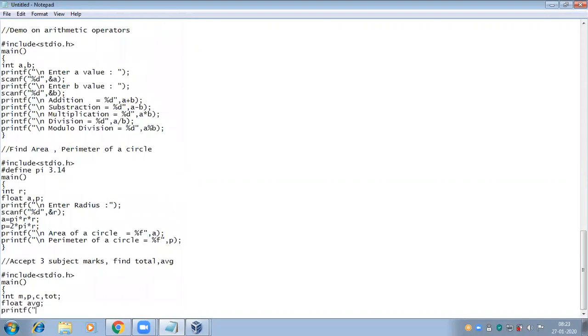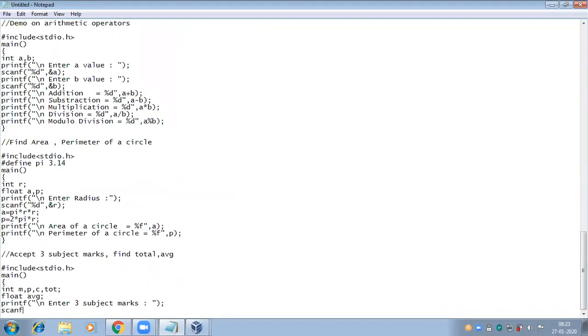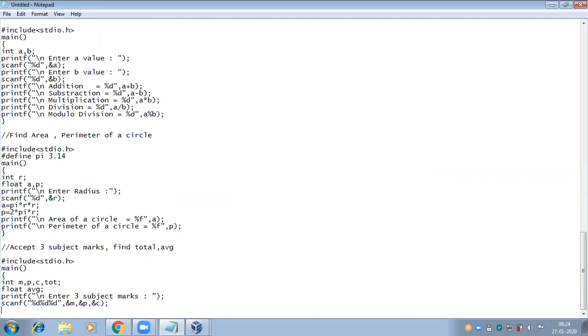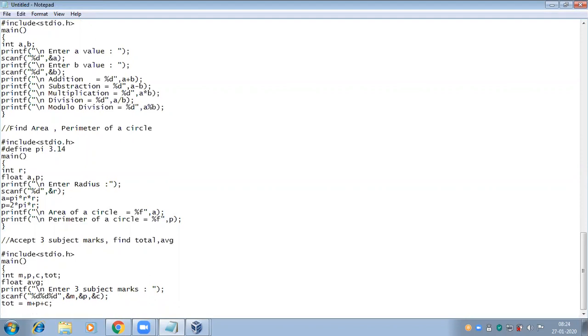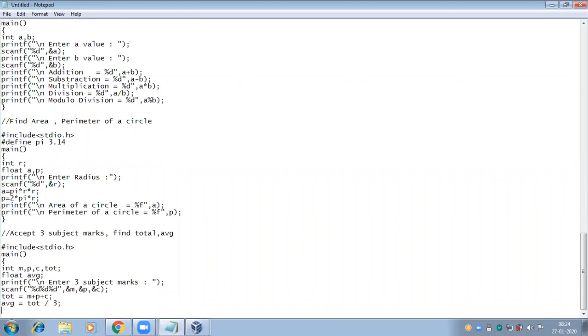I should read the 3 values at a time, so 3 control strings are required in the input statement: %d, %d, %d, then address of m, with commas. Then I calculate the total, then average is total divided by 3.